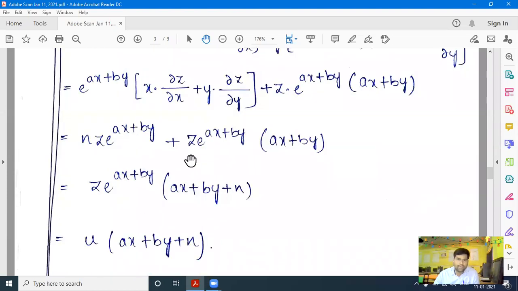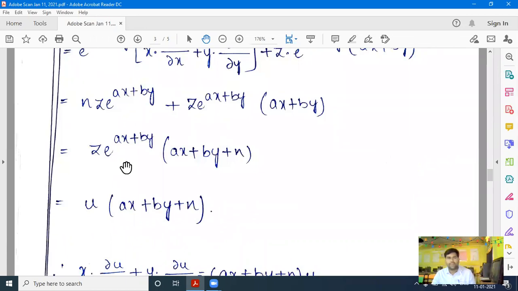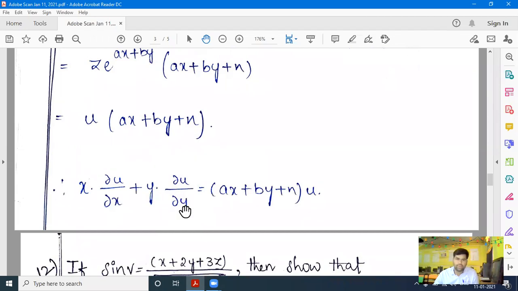So here and here what is common? z into e power ax plus by is common. So z into e power ax plus by, remaining terms are what? Here ax plus by is there, plus here n is there. So ax plus by plus n, into, so this is nothing but what? u. So u is nothing but z into e power ax plus by. So that is u, so u into ax plus by plus n. Therefore x into dou u by dou x plus y into dou u by dou y is equal to ax plus by plus n into